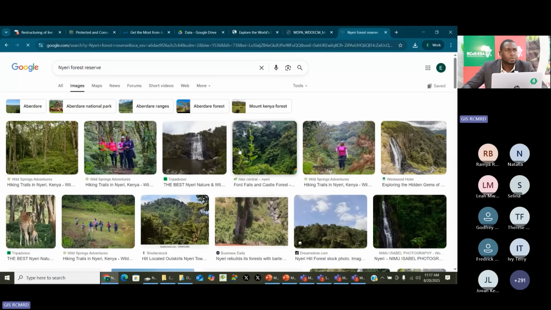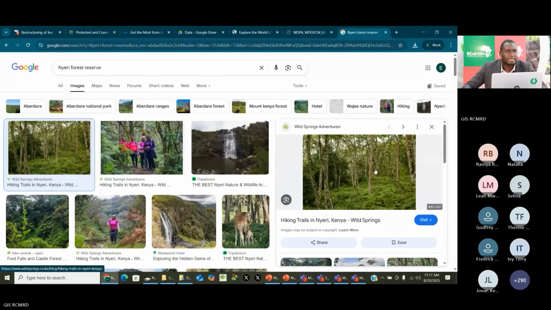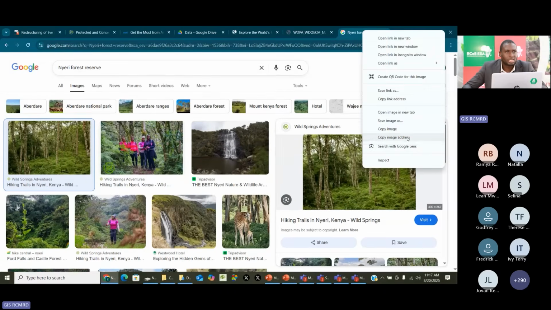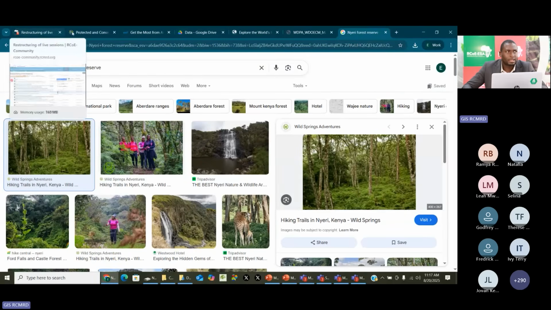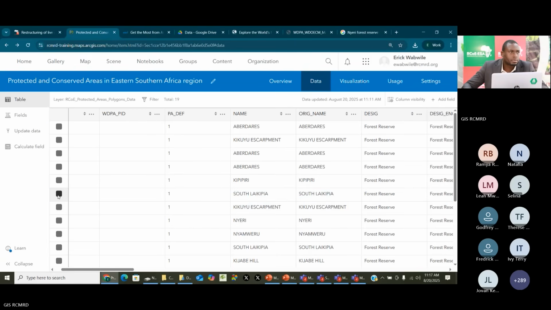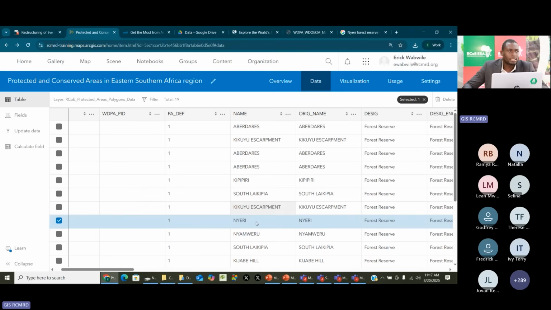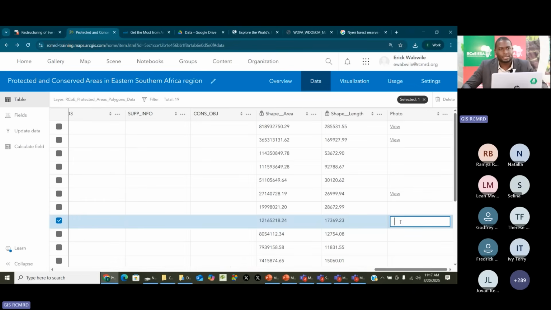We go to Nyeri Forest Reserve. Pick a photo there. Right-click on it. Copy image address, and then go and paste it against the Nyeri Forest Reserve. So I'll scroll towards the right until you get where it is, and just paste the link there. So once you do that, I want us to